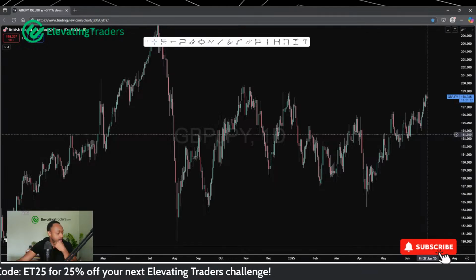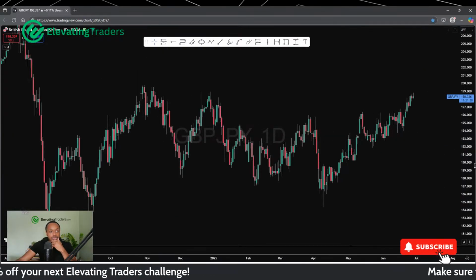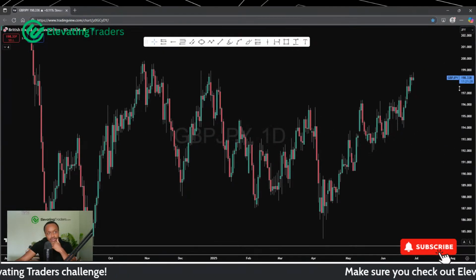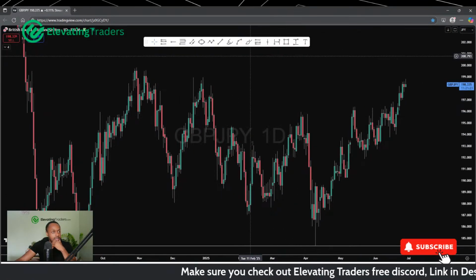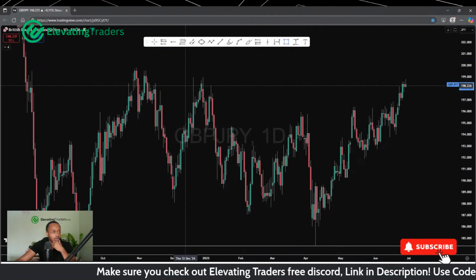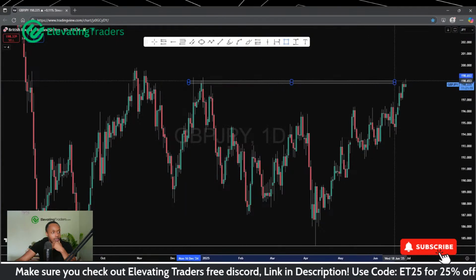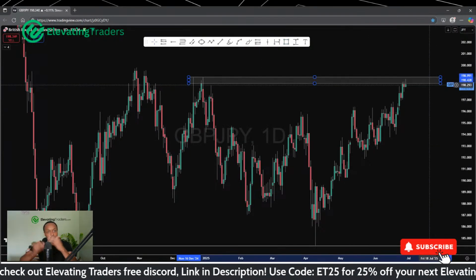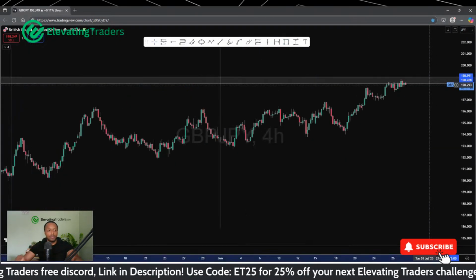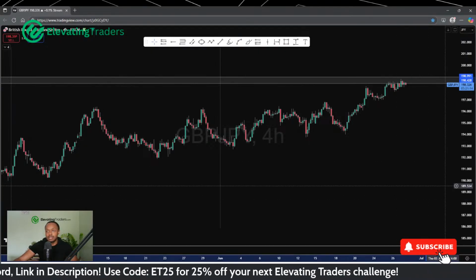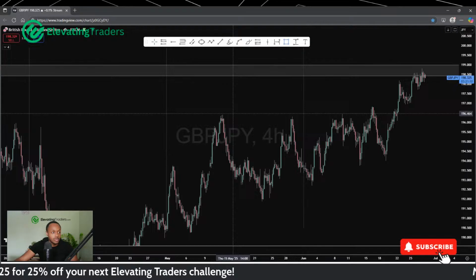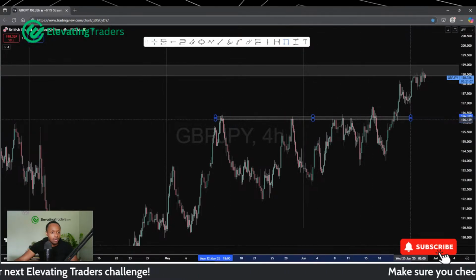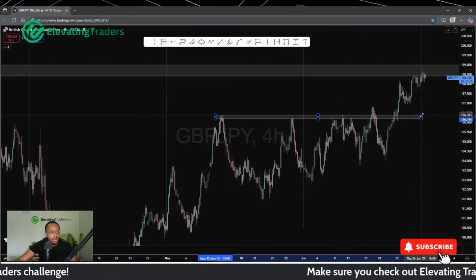So in terms of pound yen, you said you've gone short on this one. Yen is still pretty weak right now, and that has given us a pretty strong push. I can see we are just about pushing into some resistance, so we might see a bit of relief there. What I will say though with pound yen is that we haven't really seen much momentum. I've been expecting to see a bit more momentum with the breakout, because we've been looking at this level for quite a while.